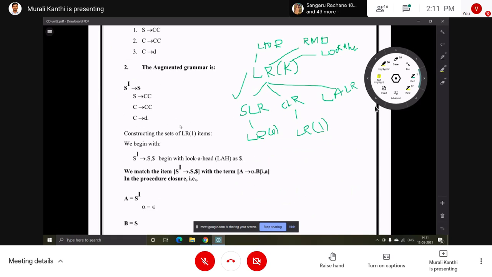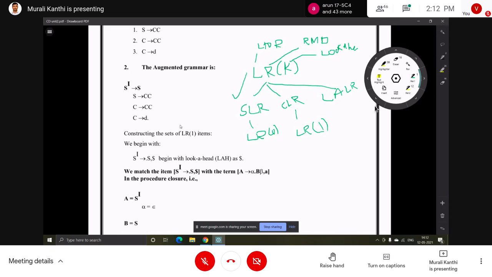By placing the input string into the input buffer and the starting state onto the top of the stack, the parsing program, here the canonical parser, has an input pointer pointing to the input buffer, a stack pointer pointing to the stack, and one more pointer pointing to the table. The table is divided into two parts, action part and goto part.